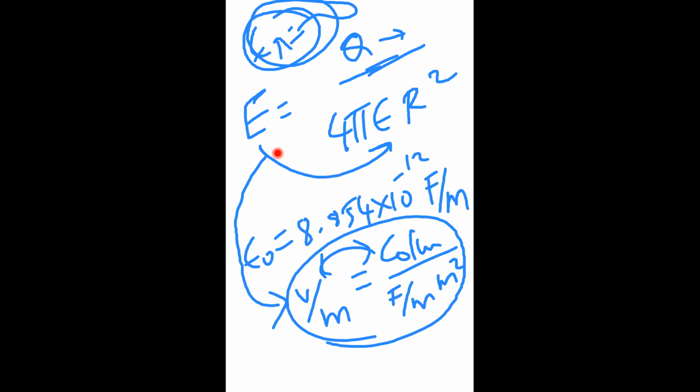Even if it is in water or any other medium, the number of lines will not change. So the flux density will not change, whereas the strength of each line will vary. That's why E depends on epsilon. Okay, now I will go to the simulation part, so we'll get some realistic idea of what is actually happening.